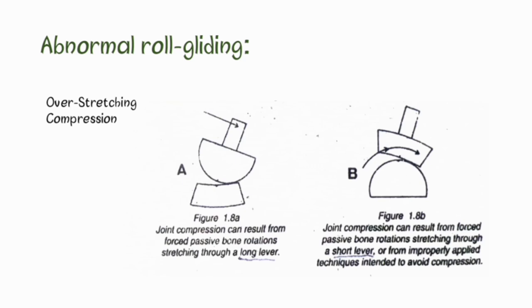Now let's take a look at abnormal roll gliding. With movement restrictions, or in the case of hypermobility, normal joint roll gliding is often disturbed. Usually, the restricted movement is associated with an impaired gliding component, which may allow joint rolling to occur without its associated gliding. Highly congruent joints, whether flat or curved, are relatively more affected by the impaired gliding. A common goal in our approach to OMT is to restore the gliding component of the roll gliding to normalize the movement mechanics.